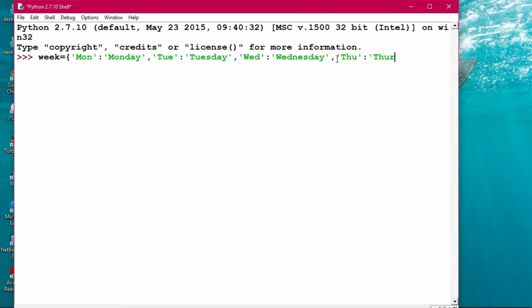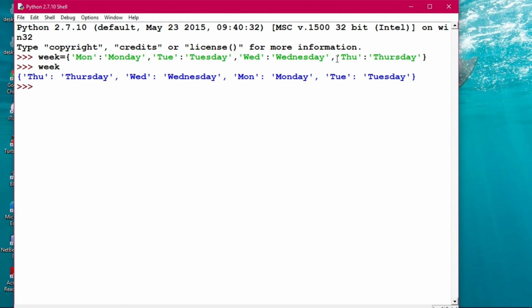When something unusual will happen, you can understand by seeing the color. You follow the color very nicely and do not get puzzled or confused. So you do it plain, nothing will happen. This is the dictionary that we have taken, and if you give week, the dictionary will be printed.